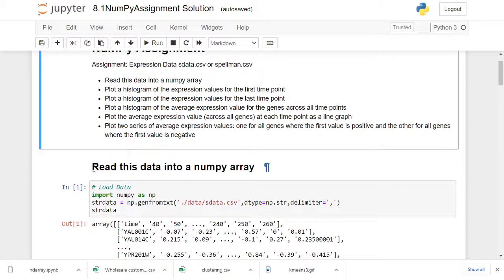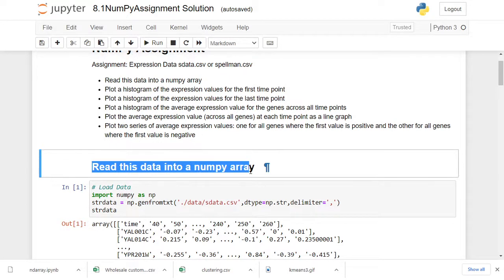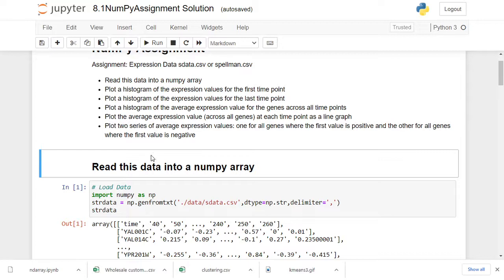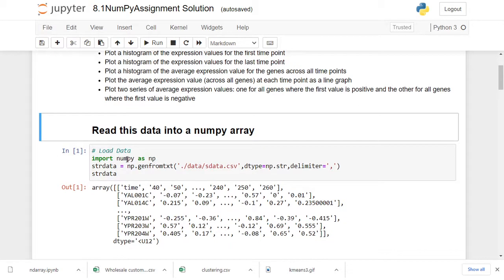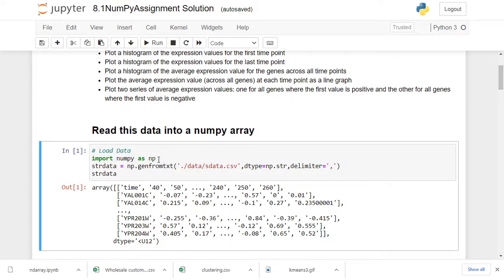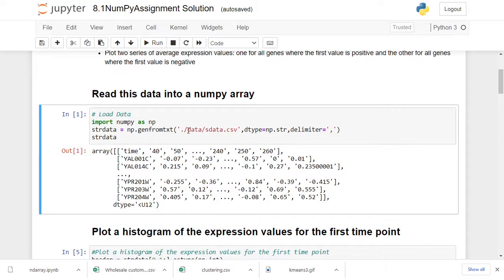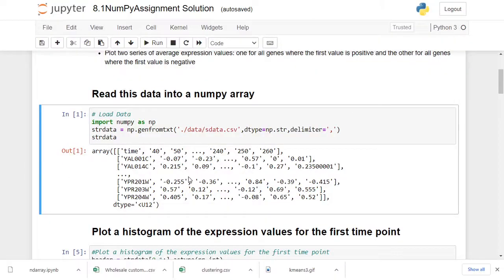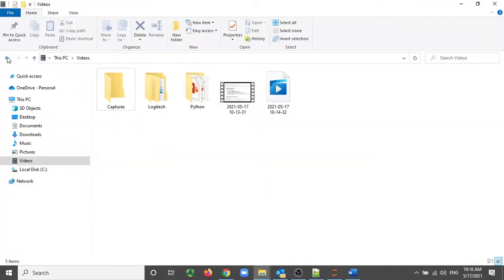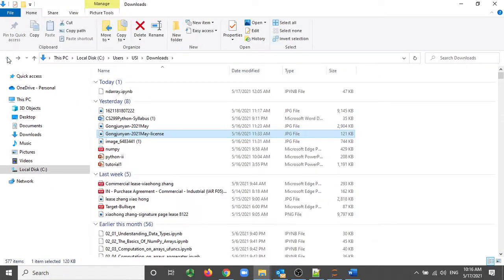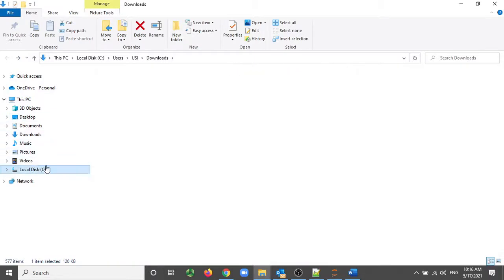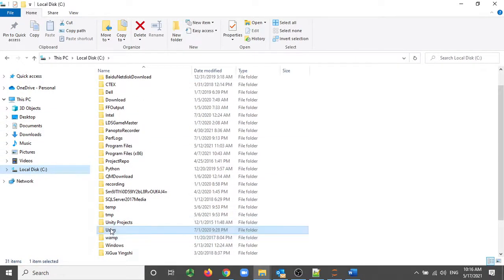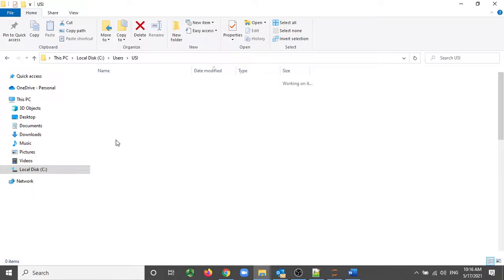So the first step is to read the data into a NumPy array. What we're going to do is just import NumPy as np, and then read the data. The data is in my folder, actually in here. In this folder, I can show you. Yeah, in my folder it's under